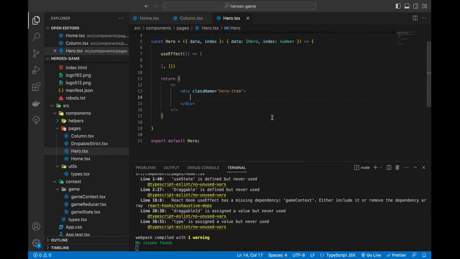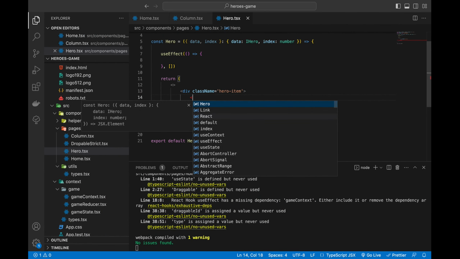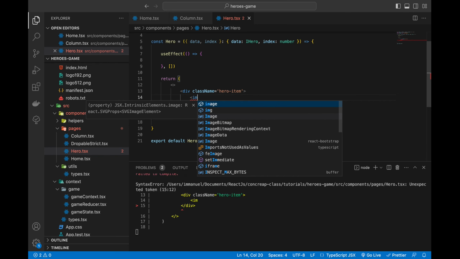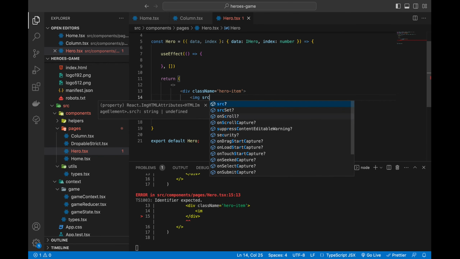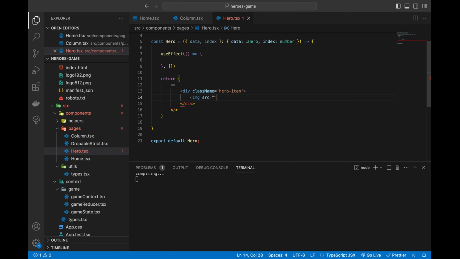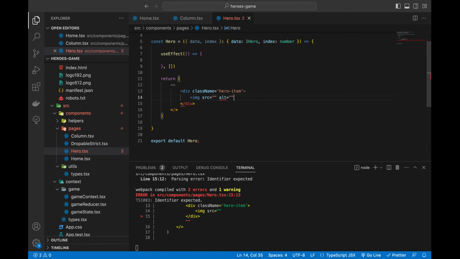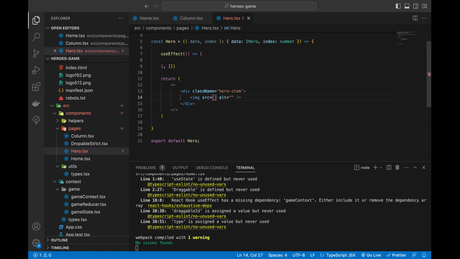So what we want to do is, let's begin to display their logos, right? The logo for each superhero movie, and their names. All right, so I'm going to do image, img src, and then alt here. All right, for the source for each hero, we're going to start putting their images. All right, so we're going to dynamically